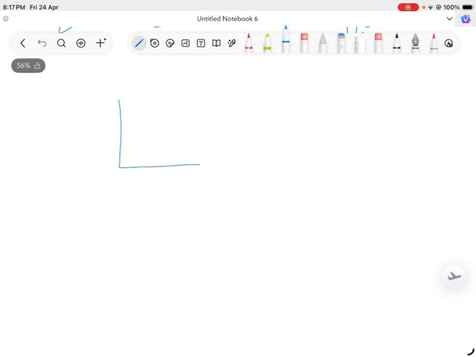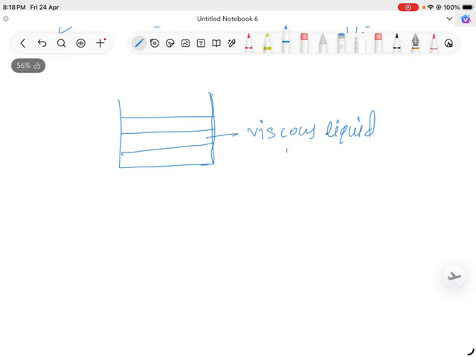Suppose you have taken such type of beaker or container. In that beaker or container, we have to take a viscous liquid, that viscous liquid having such type of different layers. This one is a viscous liquid, and as you have taken a viscous liquid like glycerine, viscous means थोड़ा गाढ़ा liquid जो होता है उसको बोलते हैं. So in that viscous liquid, suppose I have thrown this metallic ball which is going inside it.